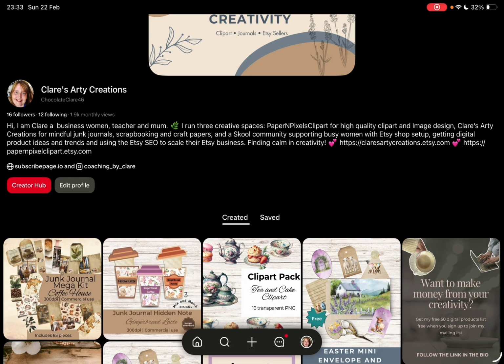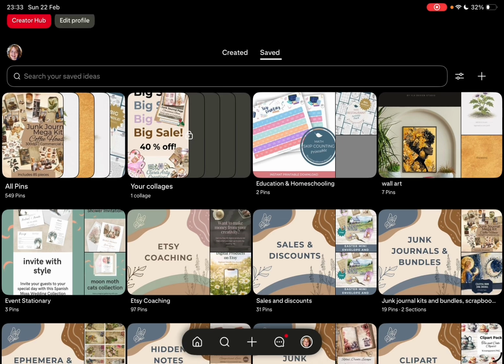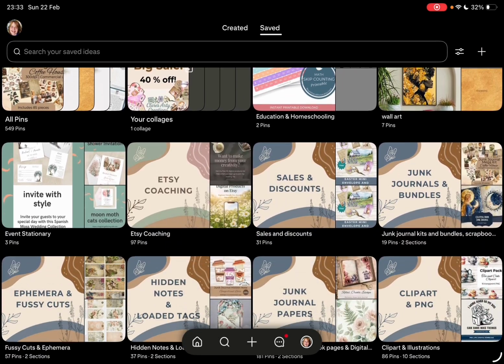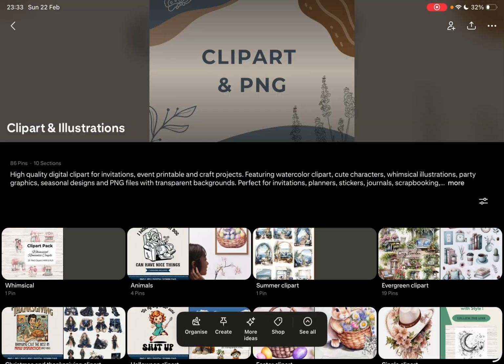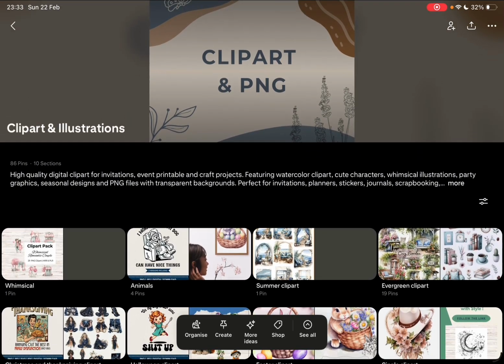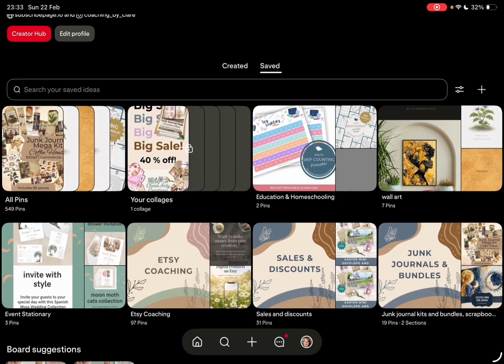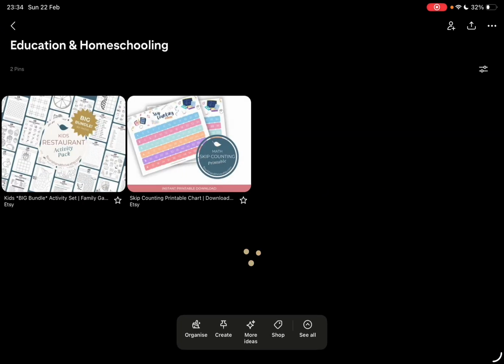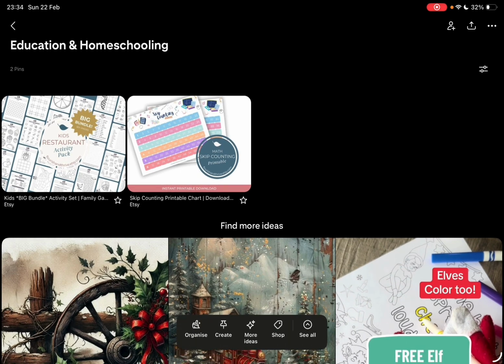Okay, so if I now come down here and press saved, I've literally got all my boards here. So here I make sure that I do a pin, and then I put one of these branding boards up. And within the board, so for example, if I wanted to go into a new board that I just created this week, this is some of our members' work. So I would just go in here and I can